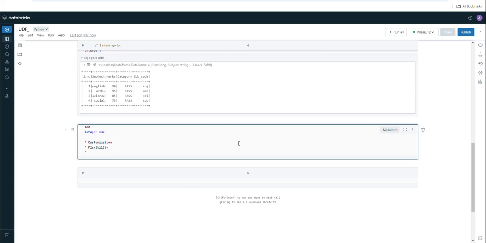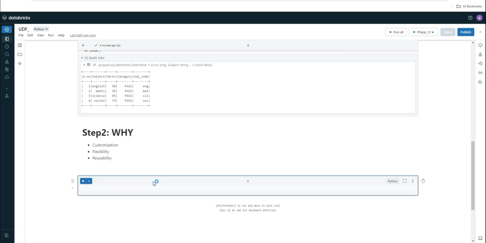And also you can use that as many times as you need, which is termed reusability. You can define it one time and you can use it as many times as you need. So I could think of these three reasons. There could be many reasons, but these very much answer why we need user defined functions. So I just think we met our step 2, and